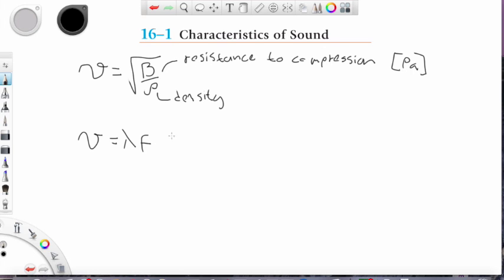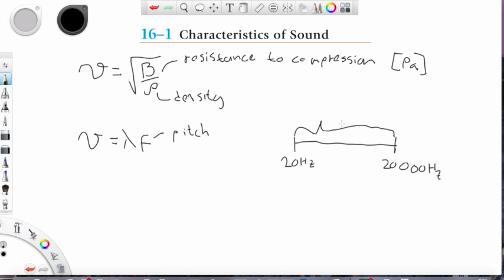In the case of sound, the frequency is a lot of times called the pitch. The audible frequency, that is the range of frequencies the humans can hear, spans from about 20 Hertz to 20,000 Hertz. And this here is called the audible range of sound. If we have frequencies that are higher than that on this side,